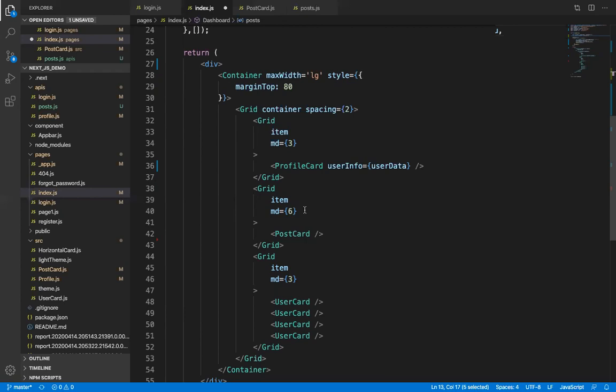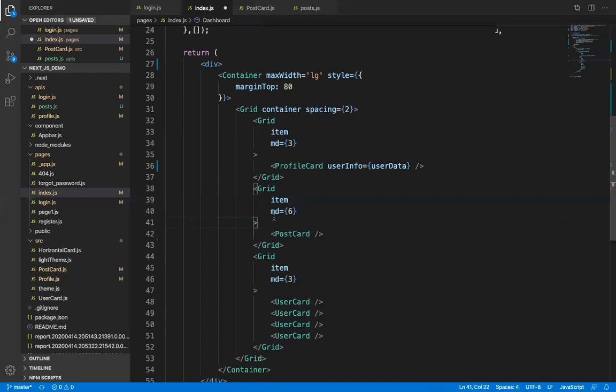Map will automatically get the length of the array and it will run until the array items are finished. So the first finished, then the second comes, then third, fourth, fifth, sixth. As soon as the sixth item comes, that means all the items have been finished executing. So next it won't run again. This is like your for each loop. For each item it will run once.